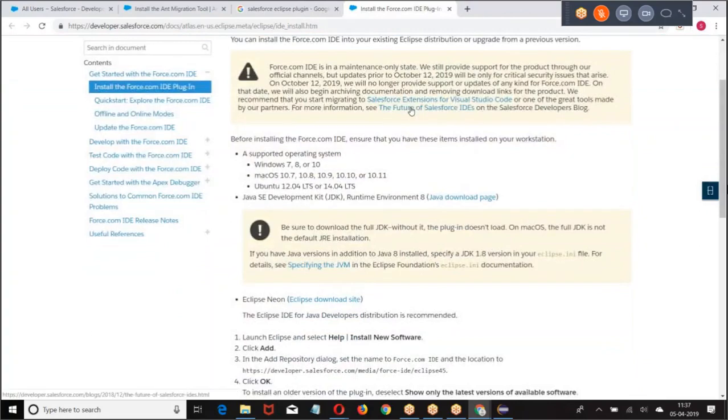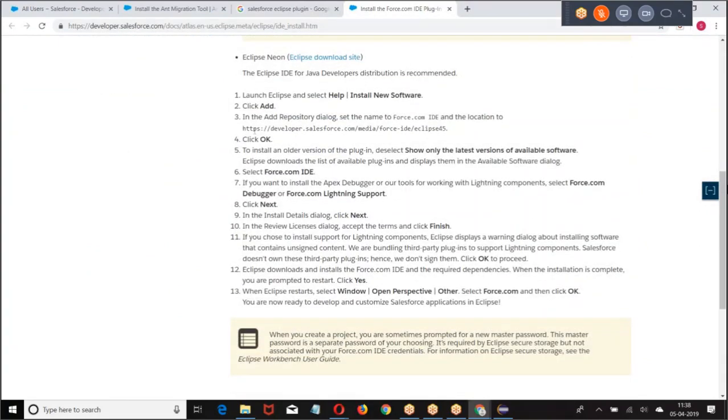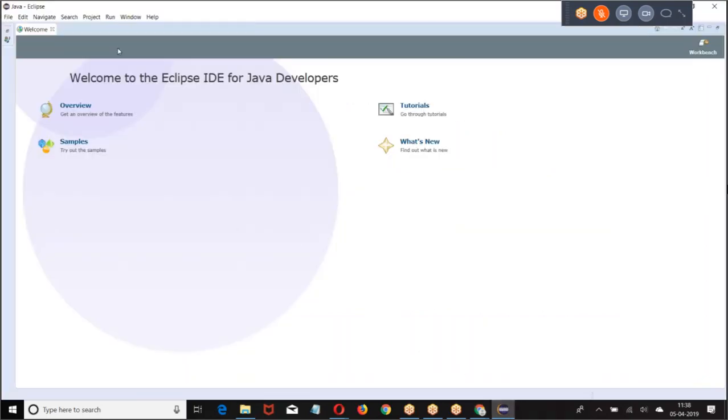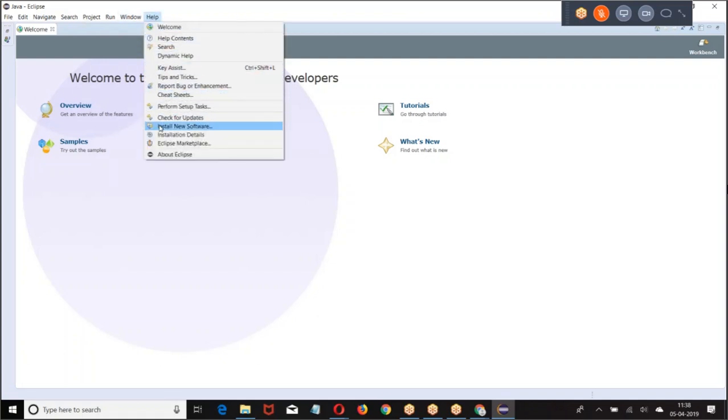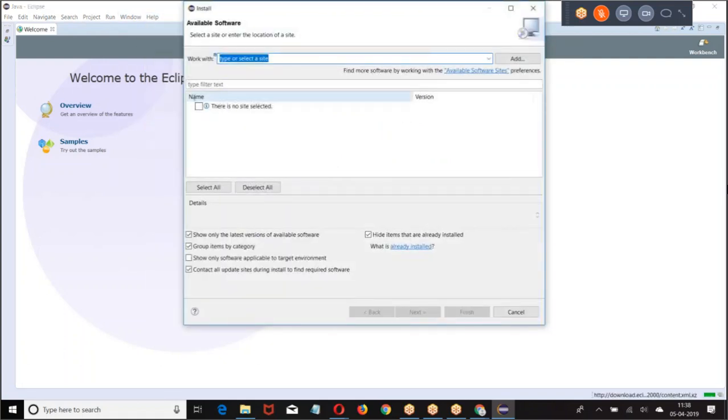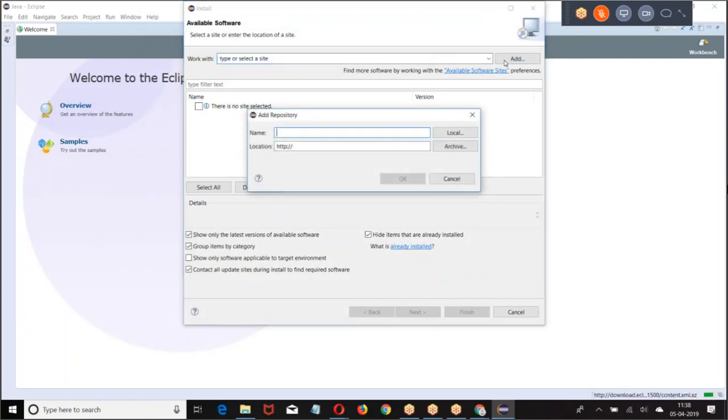Then when you go to this, you're finding a URL here. Salesforce Eclipse plugin, you're finding a URL. Go to Eclipse. Help, Install New Software, Add.